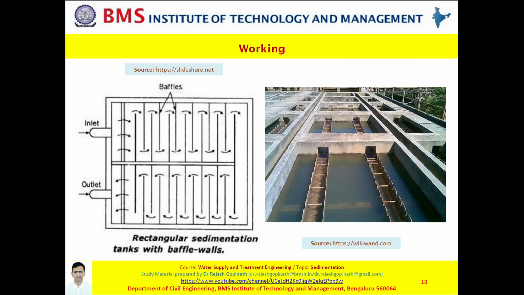What happens between this? Water enters, then it has to encounter or face baffles. These baffles could be perforated or could be arranged in a manner which reduces the flow of water. Now, you may have baffles arranged only at the inlet and outlet, or you may also have baffles arranged throughout the length. Basically, when the water hits the baffle, its velocity gets reduced.